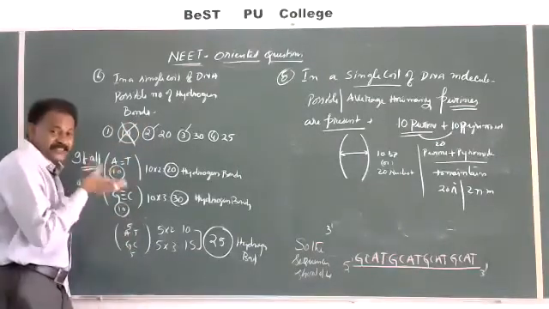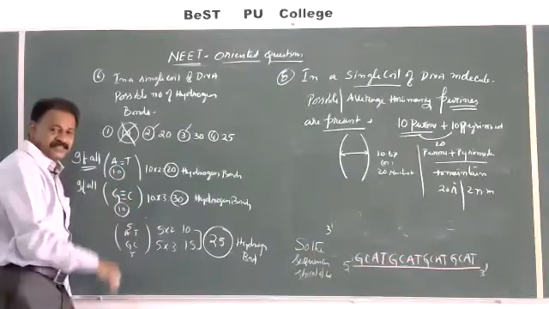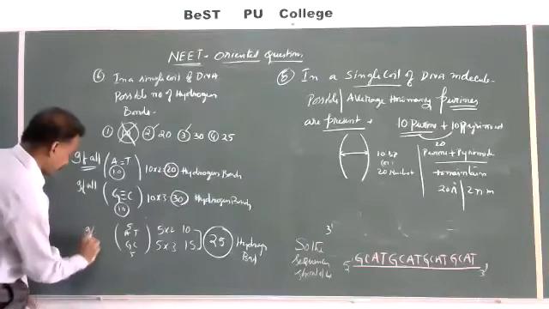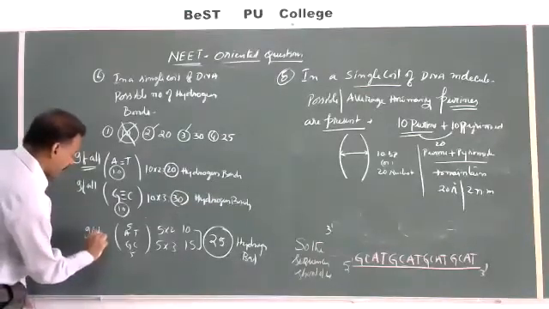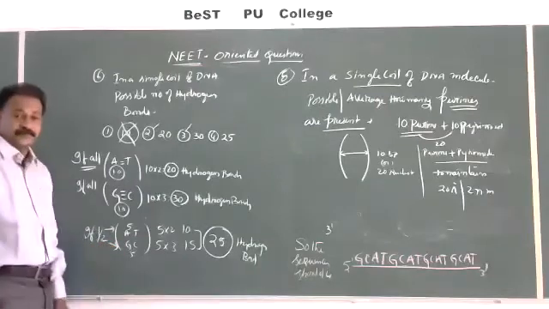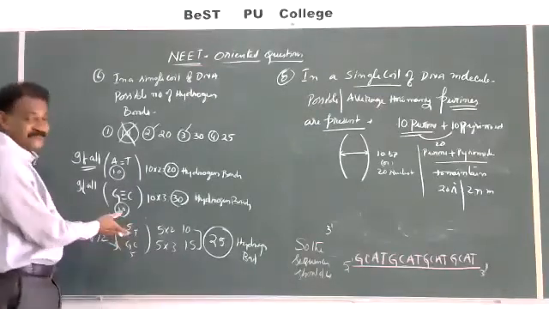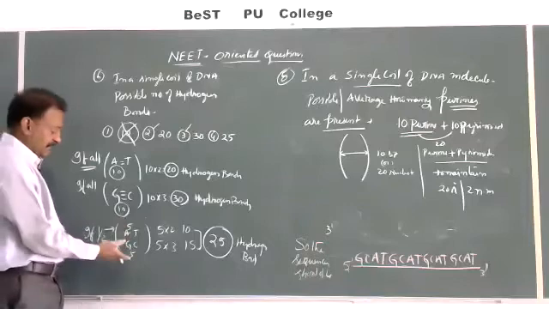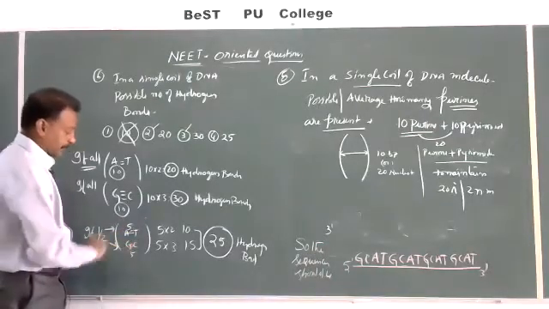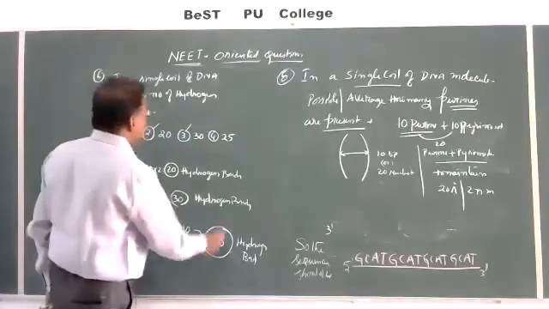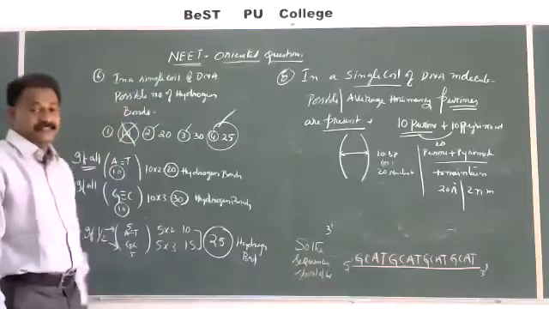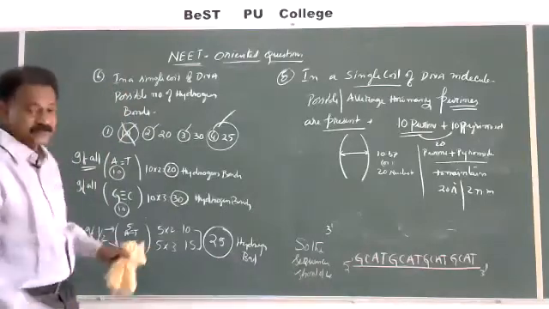And what is possible? Possibility is, if in a DNA, half AT, half GC, half means 5 ATs, remaining 5 GCs, 5 into 2, 5 into 3. So the possibility of the correct option is out of the 4 options.